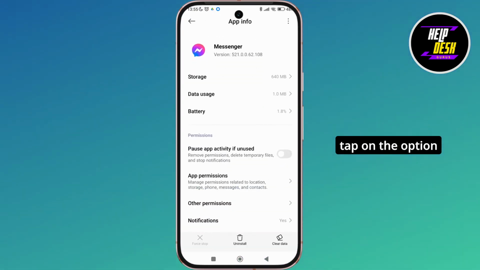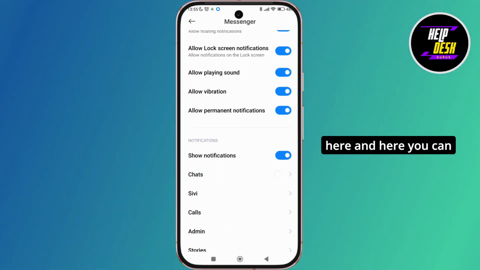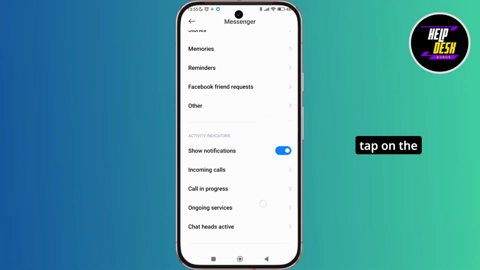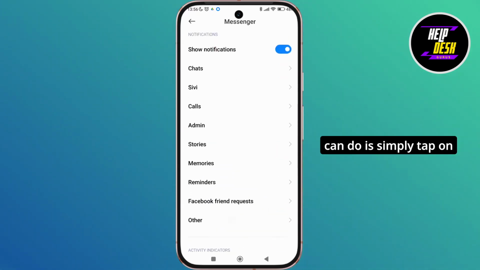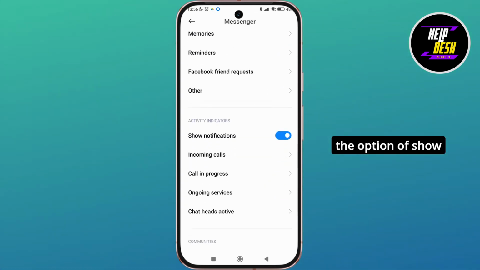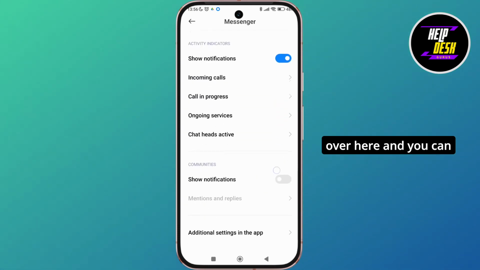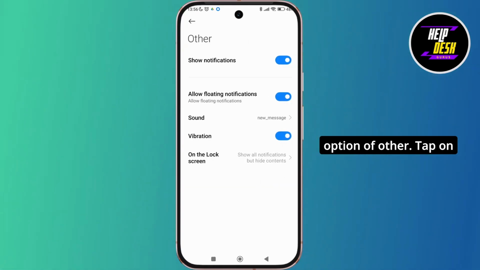Now tap on the option of notifications over here, and here you can simply scroll down and tap on the option over here. So there are different options, so what you can do is simply tap on the option of show notifications over here, and you can simply tap on the option of other, tap on sound,